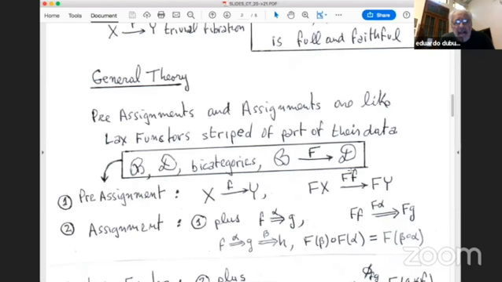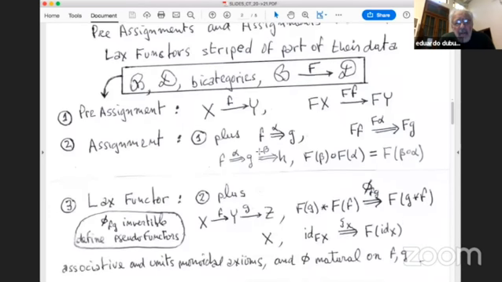Pre-assignments and assignments are a notion that we introduce here, and they are like lax functors stripped of part of their data. If we have bicategories B and D, a pre-assignment F from B to D is just defined on objects and arrows: to each two objects x and y, and arrow f, it defines Fx, Ff, Fy. Now, an assignment,